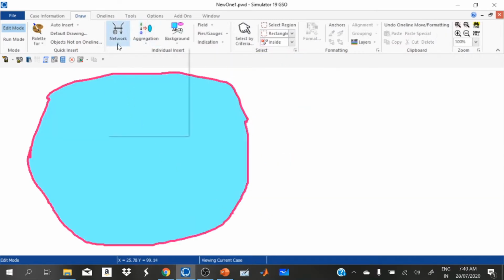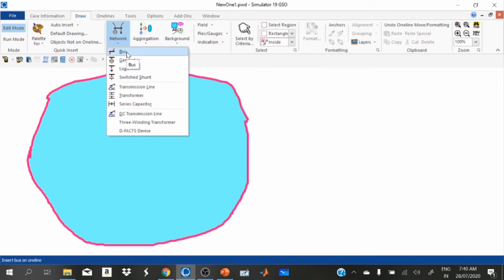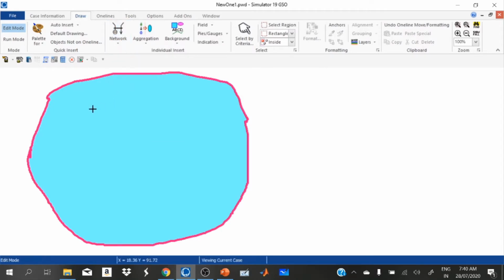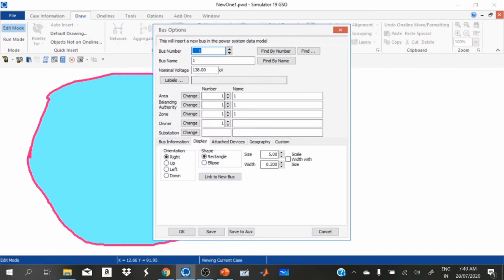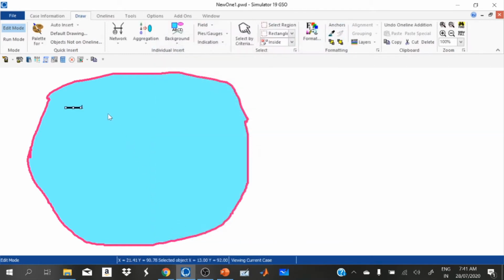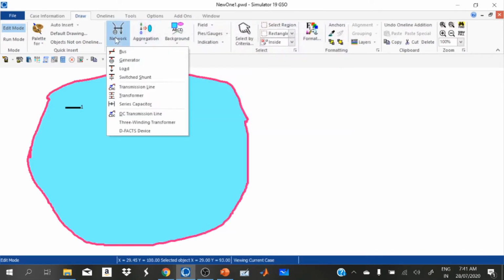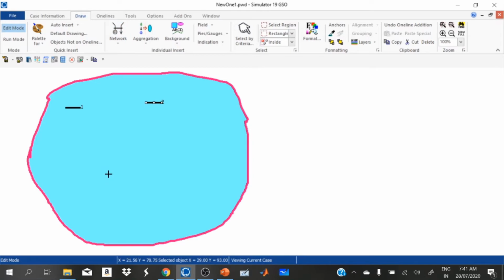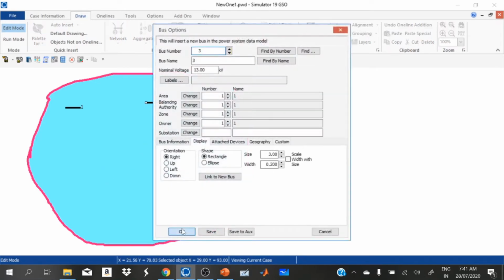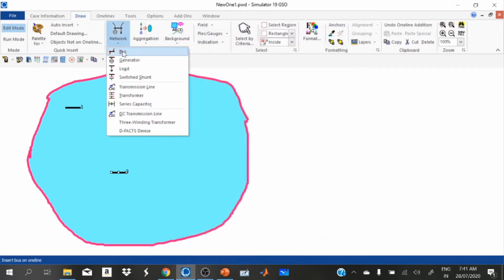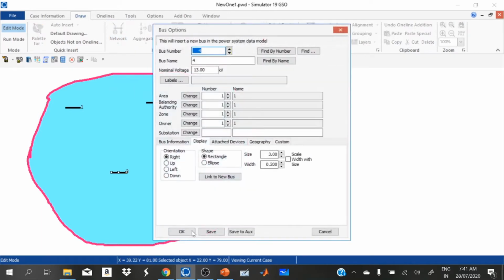So in this area we are using 3 generators and 1 load. So I have to choose 4 buses. All the buses are assumed to be operated at 13 kilovolt. Bus 1, bus 2, bus 3, and bus 4.